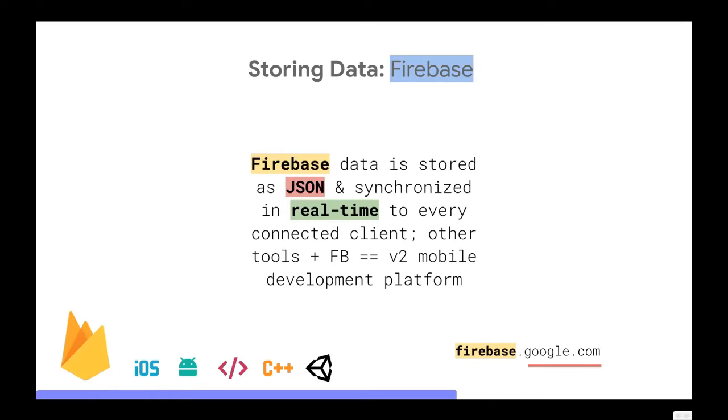It was great. And what happened was, after Google acquired the Firebase company, we took the real-time database and made it sort of like the centerpiece of our next generation mobile development platform. We added all these other tools around it to help you make your mobile app successful. Things like crash test reporting, virtual device testing, app indexing, mobile analytics, deep linking. So all these different features, coupled with the real-time database, make it our official mobile development platform. And it's independent of whether or not you're developing Android or iOS, and more likely both.